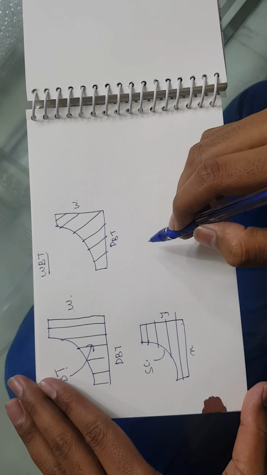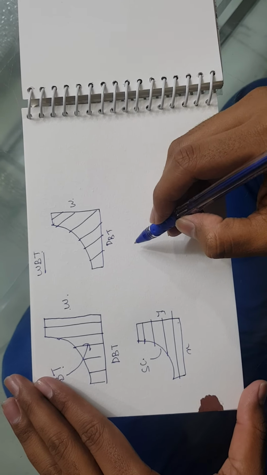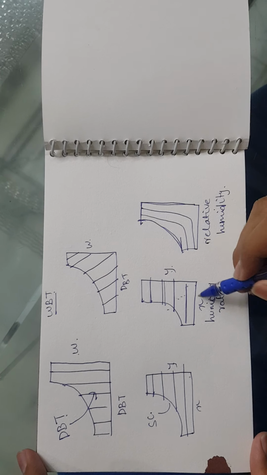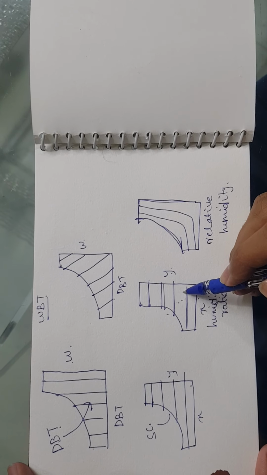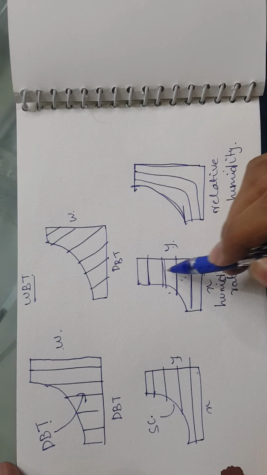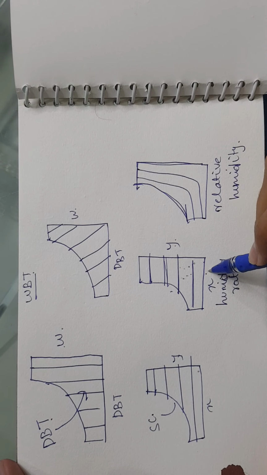The fourth factor is the humidity ratio. It is shown similar to the dew point curve and it has horizontal lines equally spaced, so we can know the humidity ratio from this graph.